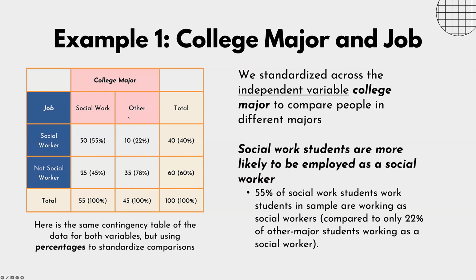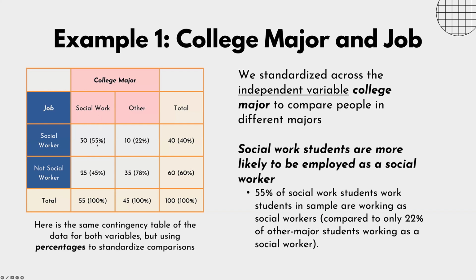So most of the people who didn't have a social work major, 78% of them, are not working as social workers. Next, we see for those in social work, so we have 55 total,